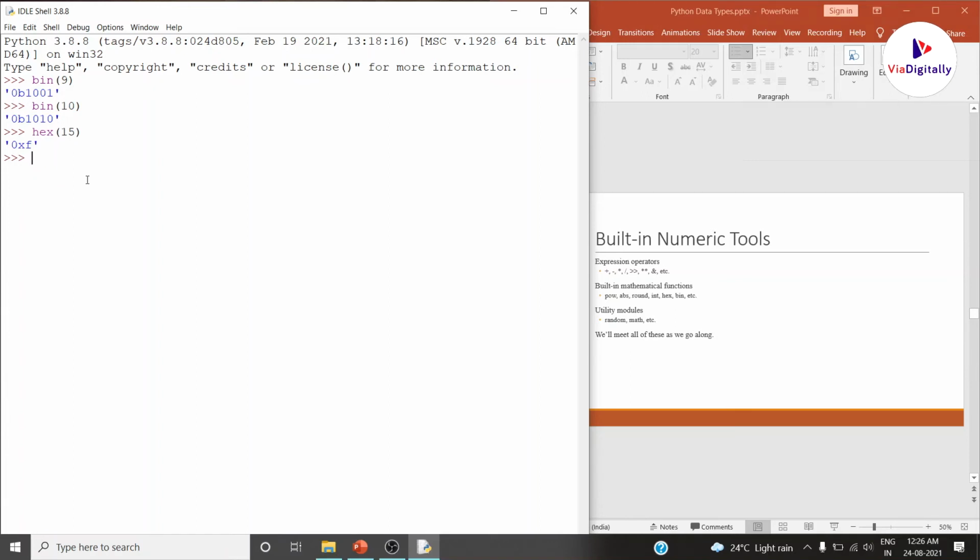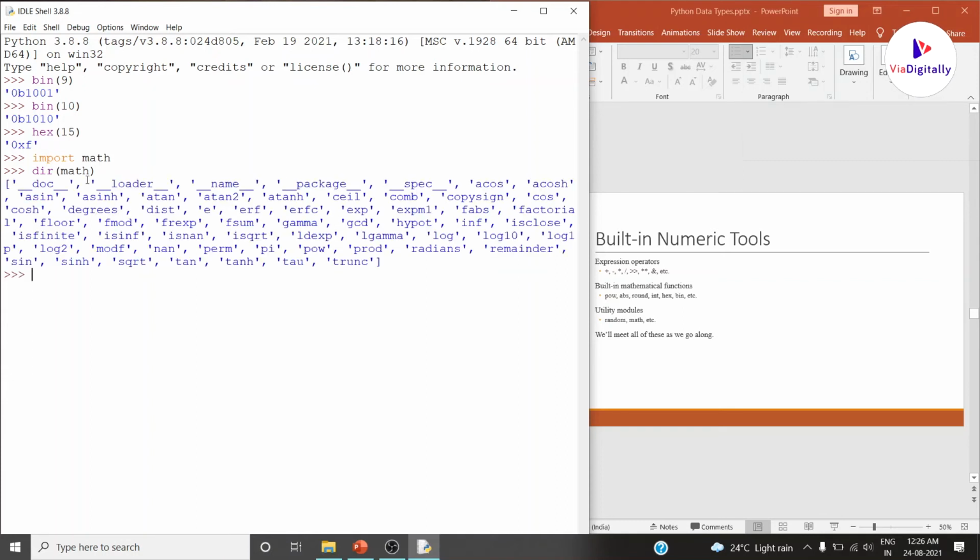So these are the built-in mathematical functions on numerical tools, like how you get powers, absolute values, and so on. And using external modules, you can import the math library, and from the math library you will have different types of functions. Let us check. See here, in the math directory, you will have different functions: tan, hyperbolic tan, square root, sine, hyperbolic sine, log to the base 2, permutation, the pi value, the power value, radians, GCD, LCM, inverse square root, floor division, inverse tan. So these are the different types of mathematical functions we are going to have.